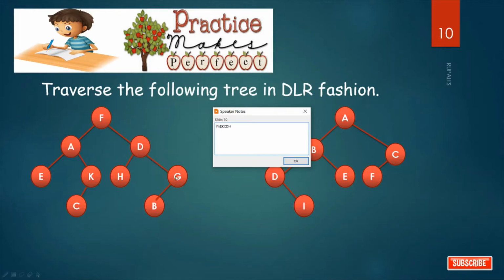Again we apply DLR here. D means print the node. L means go to left child. Again we apply DLR here. D means print the node. L, no L is there. R, no R is there. For this node, DL completed, R, no R is there. And for this node, DLR, all are completed. So the result is F, A, E, K, C, D, H, G, P.